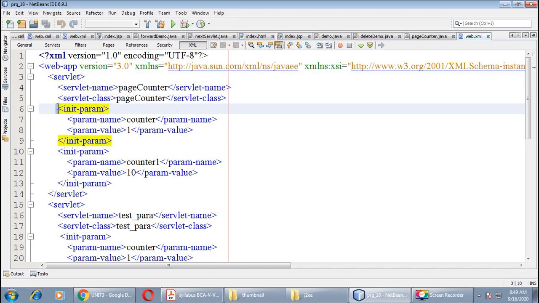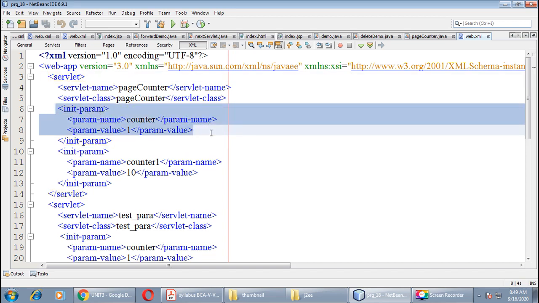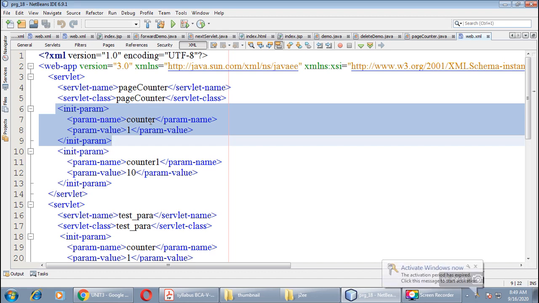So here you can see I have defined one parameter with the name counter. The tag required for defining this variable is param-name, and if we want to assign a value to this variable, then we need the tag param-value.